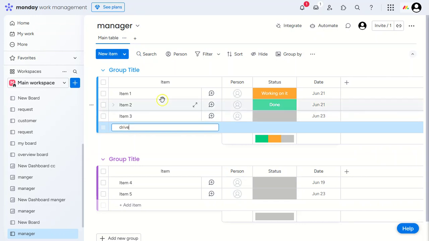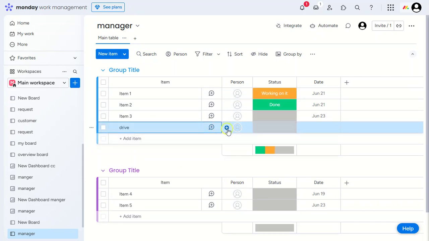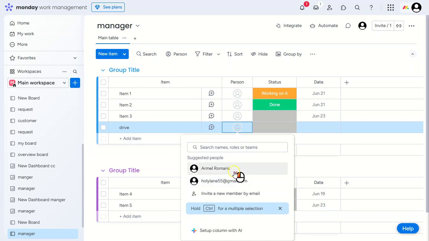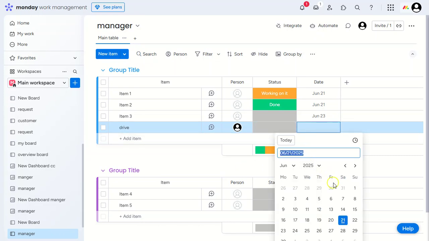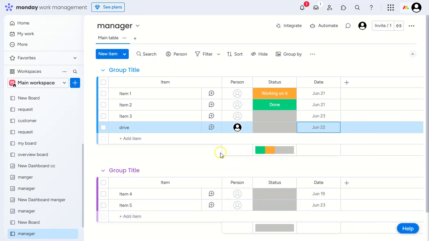The reason we do this is to allocate responsibility and ensure that everyone knows exactly what they need to be doing. Now that we've done that, it's time to set deadlines. Just click on the calendar icon next to your task and select the due date. Setting deadlines is crucial because it gives everyone clear timeframes to work within and helps to prevent tasks from dragging